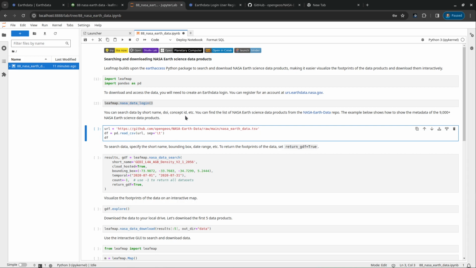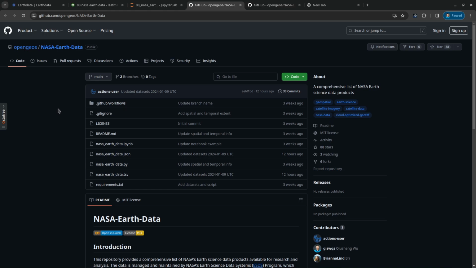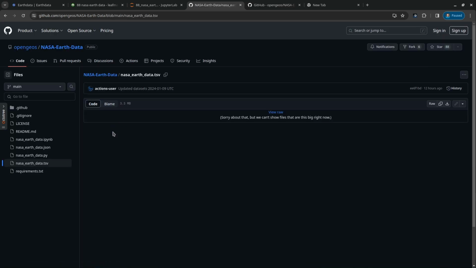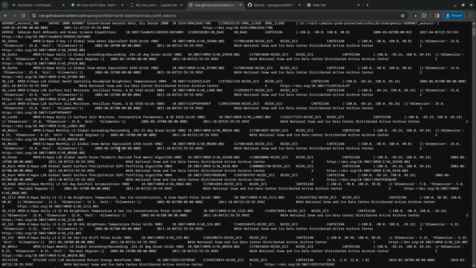The first one to show you here is that I created a repo called NASA Earth data. Basically, it's a CSV file that shows all the data products. If you click the link, it should take you to this website, the GitHub repository. This is the one I created last month, showing you basically what data are available by NASA. If you click this TSV here, this is basically a tab delimited file. It's a huge file, and it's not very user friendly,